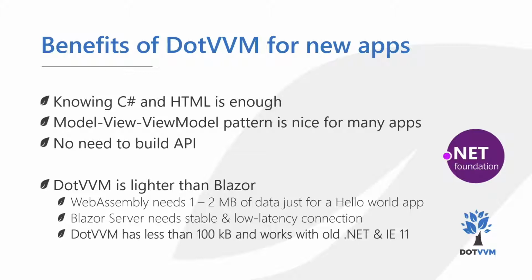And I didn't have to implement INotifyPropertyChanged or anything like that, because thanks to the nature of .vvm, it's not necessary. The only requirement is that the view model has to be serializable in JSON, because .vvm needs to deliver it to the client. Also, you don't need to build any kind of APIs. I didn't have to build some kind of REST API to get my data on the client side. The data was part of the view model,